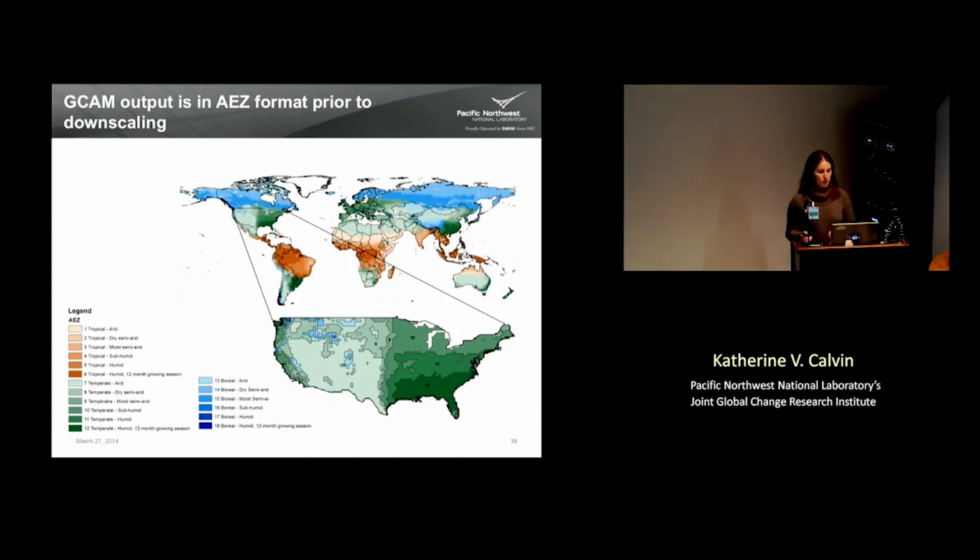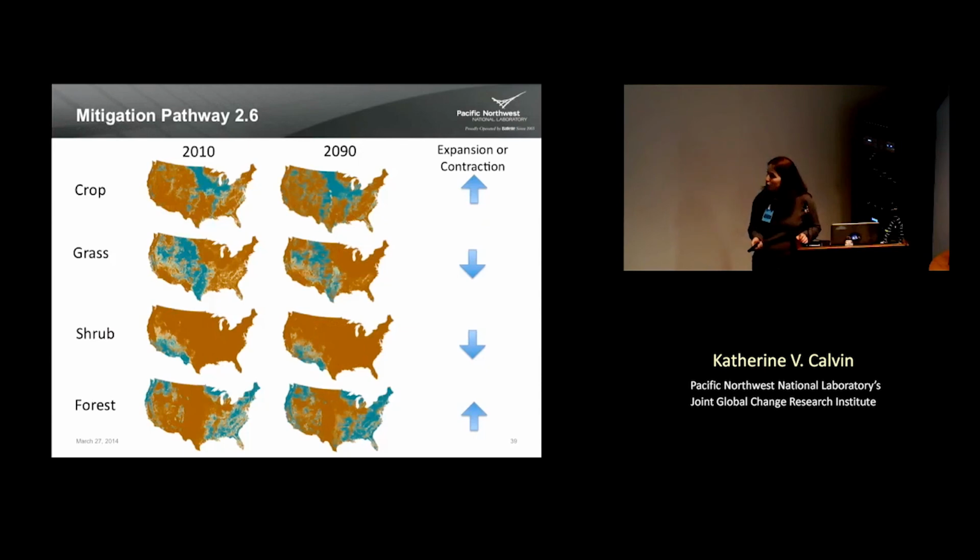So some of the work we've been doing, this is Tris West's work, who I think a lot of you may know, is downscaling GECOM to grids. And what he's doing is he's using MODIS to do this. The first step is that GECOM and MODIS don't actually start from the same point. So we didn't calibrate to MODIS to begin with, and so we have different distributions of crop, forest, and other